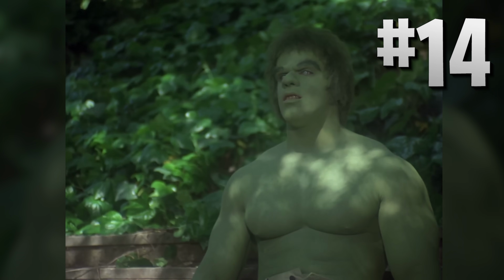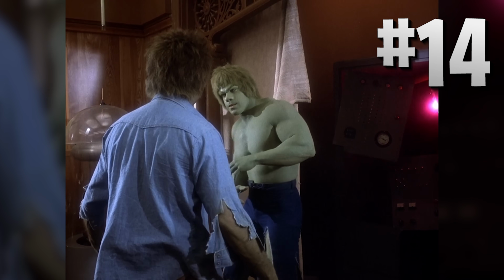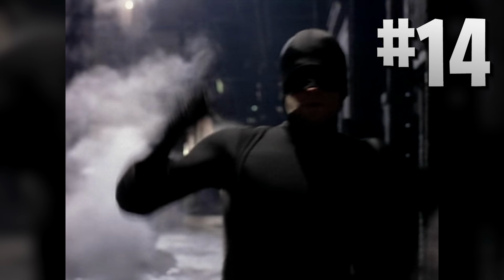When I was little, he talked about it a little bit, as well as pointed him out in Ang Lee's Hulk and the Incredible Hulk. So it was cool to see him come back for both of those films. And for our first depiction of the Hulk in live action, I think Lou Ferrigno was an incredible way to do it. On top of that too, we would not have our first live action appearance of Daredevil without the